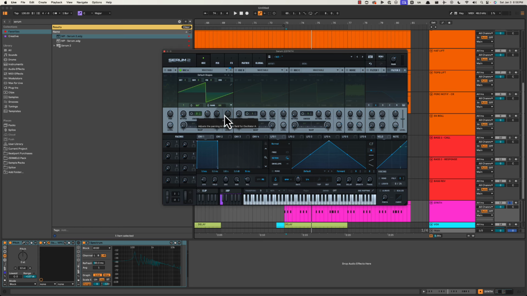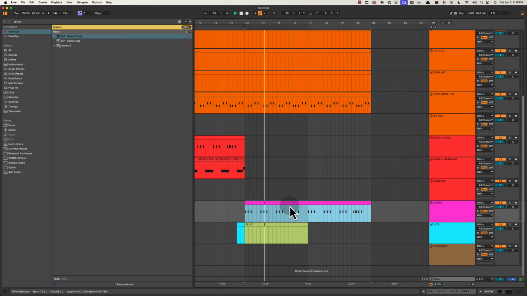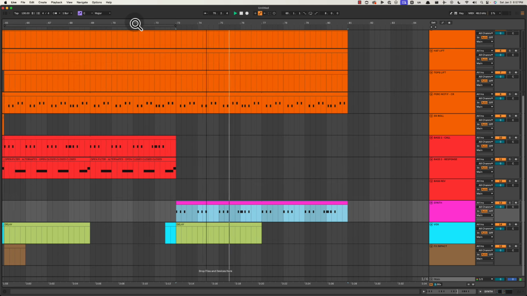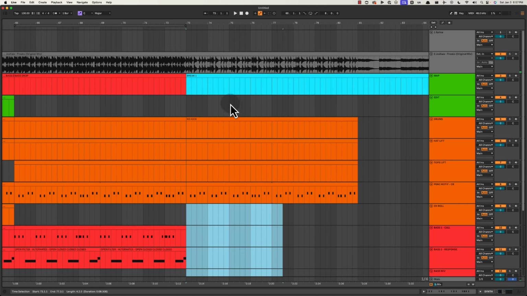So nothing's going to be re-triggered. And if you increase the release on this, you get that sound. We'll mute that, and here we go. Some nice distortion and saturation on there too.